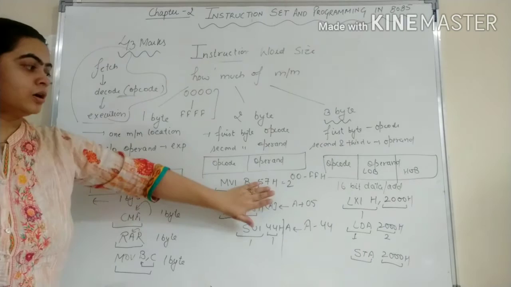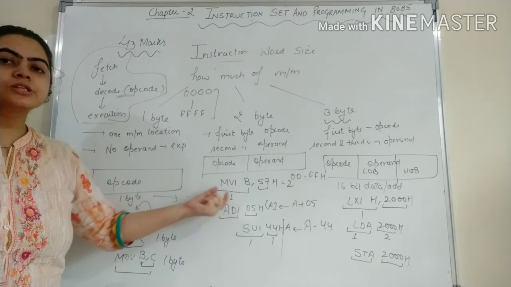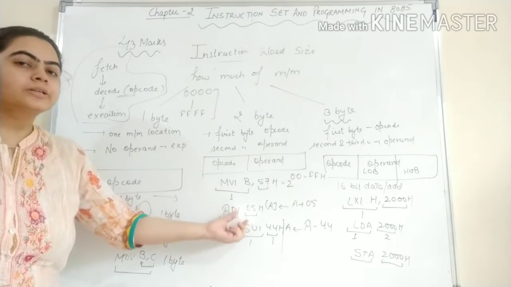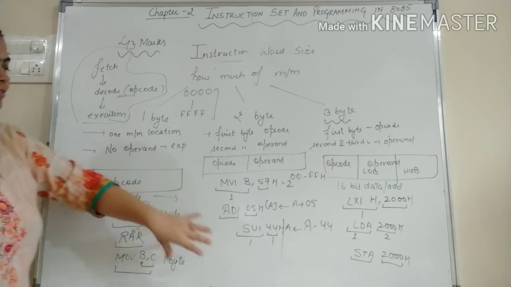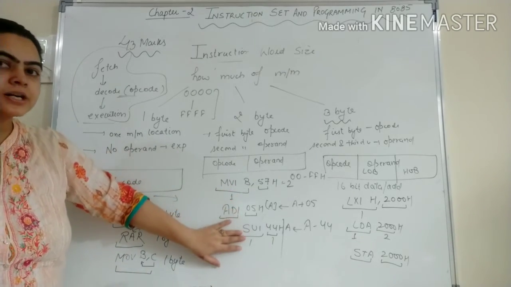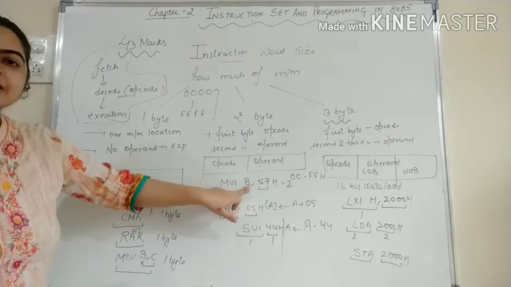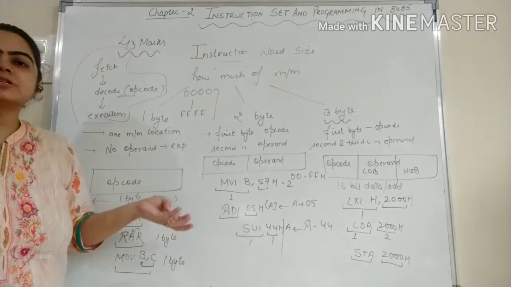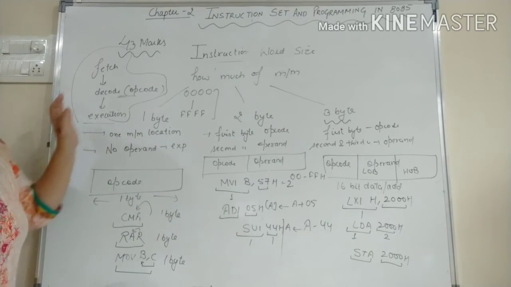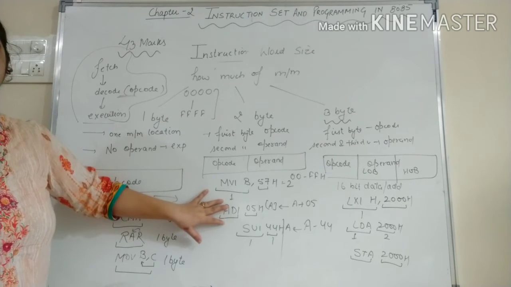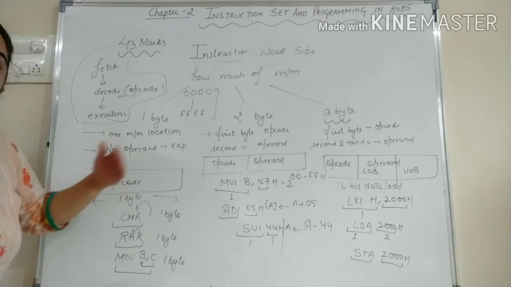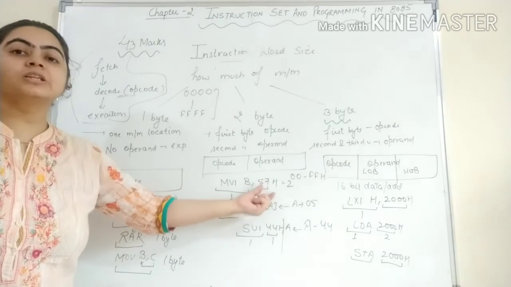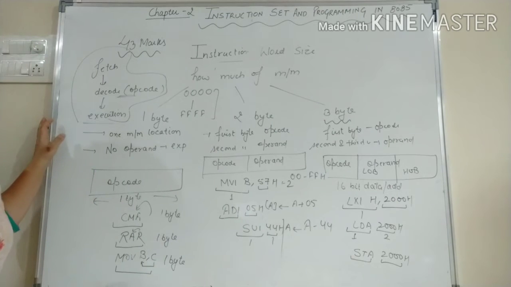Okay, and the same for data that ranges from 00 to FFH, so that means it is not possible to assign the opcode for the data as well as the addresses. So only the microprocessor can assign the opcode to this, that is MVI B, because these are defined, because we have only 7 general purpose registers, A, B, C, D, E, H and L. So with that we have only 7 combinations. So it's easy to assign the opcode for 7 combinations rather than to assign combinations with these numbers, that is 00 to FFH.